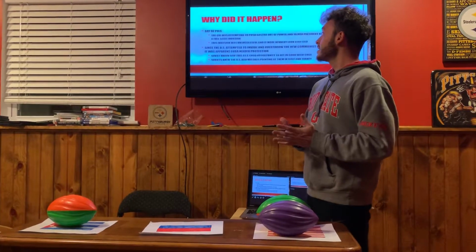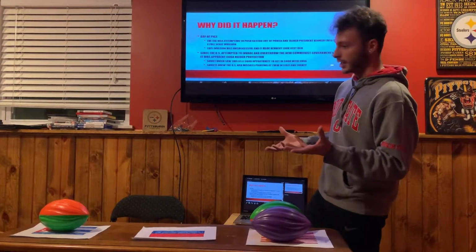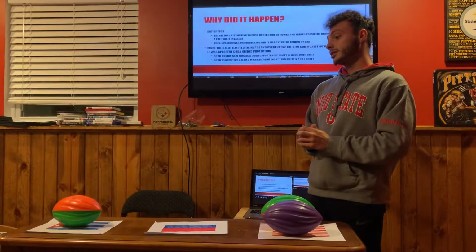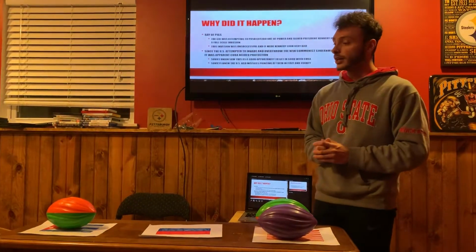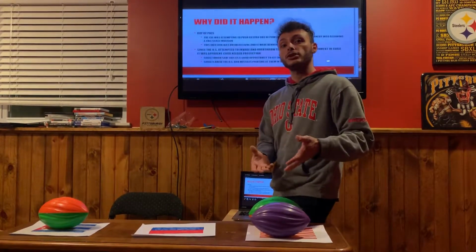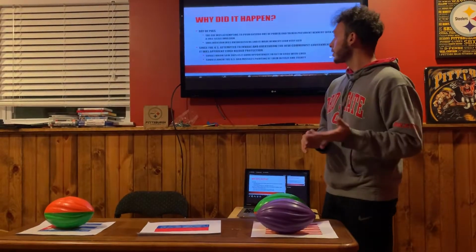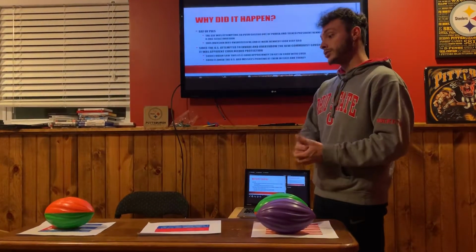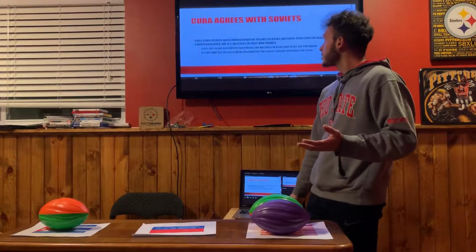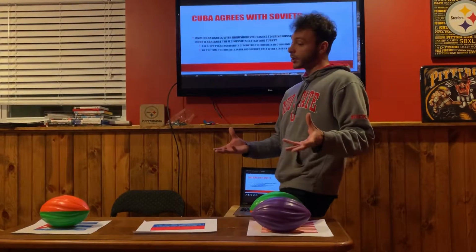So, since the U.S. attempted to invade and overthrow this new communist government in Cuba, it was very apparent that Cuba now needed protection. So the Soviets saw this go on, and they were like, okay, I think that this is a good time for us to get our foot in the door. We know that Cuba is right below the U.S., very close, within missile distance. So how about we get on their good side and see if we can't get some missiles of our own over in Cuba. So the Soviets came up with this whole big plan, and Castro and Khrushchev talked it out,